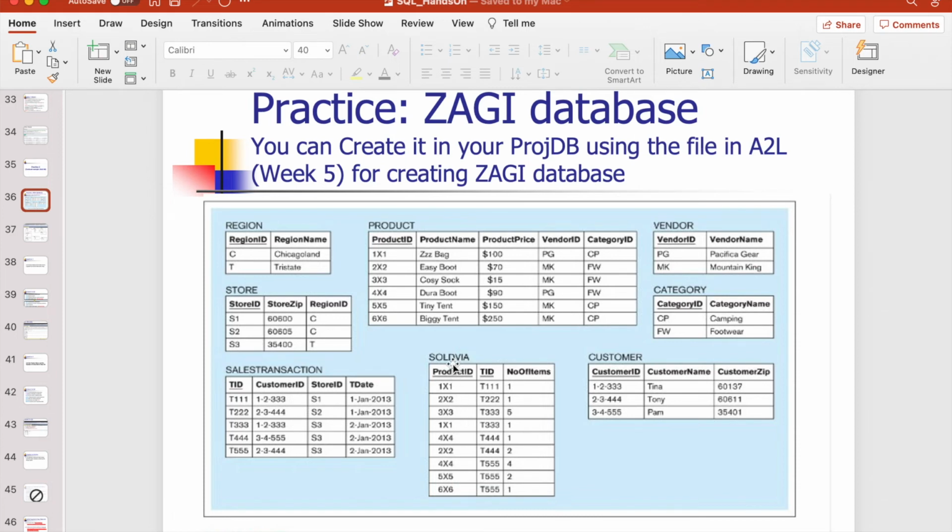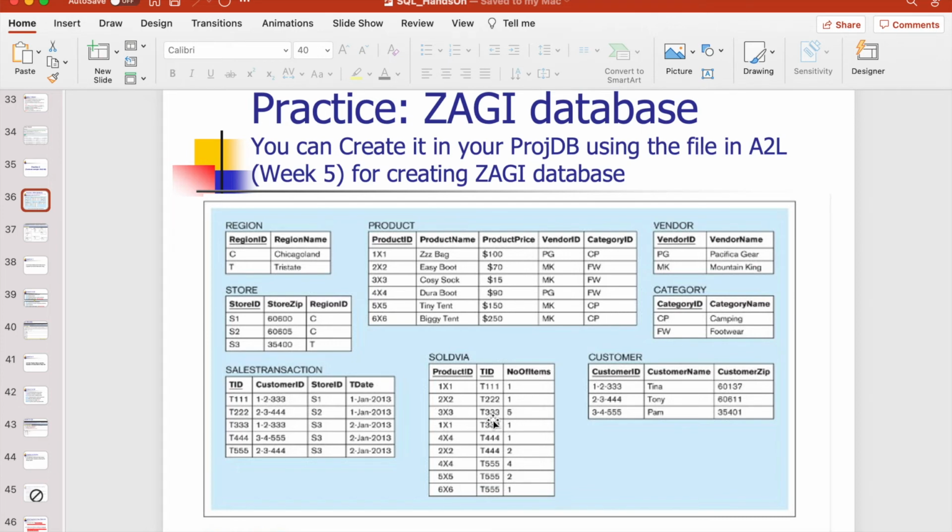So in the sold via table, we can see in each transaction which products were sold and also how many of that product. For example, transaction 333 here has, for example, products 3x3 and also 1x1, and you can see how much of each product has been sold